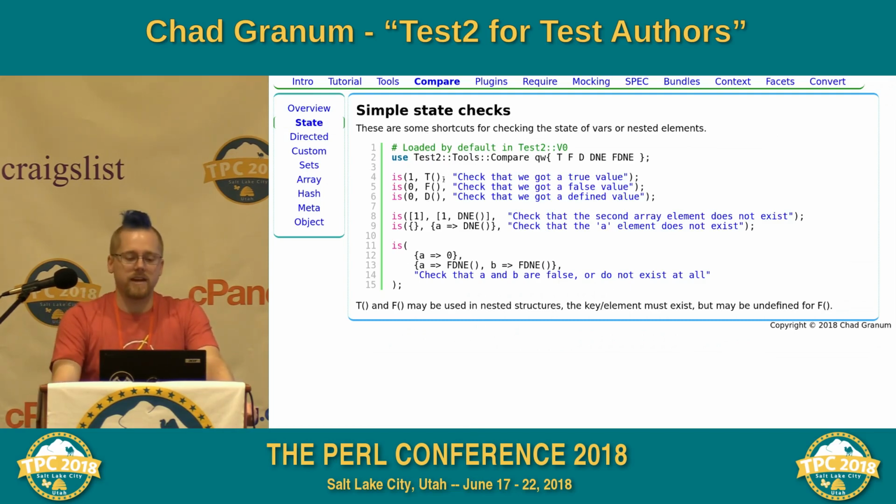So simple state checks. You can check that something is true, something is false, something is defined, something does not exist, or something is false or doesn't exist, you don't care. That's really helpful when you really don't care. You want this field to be false or not exist, you don't care which, so just false or does not exist. You don't have to modify it to make sure it's the right version of false, because Perl has a lot of falses and a lot of trues. So you got true, false, doesn't,